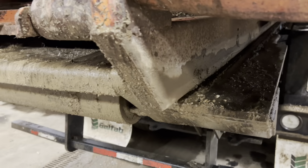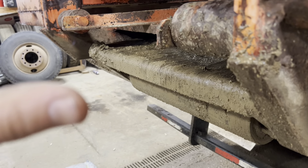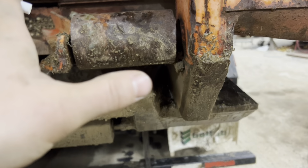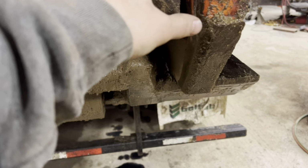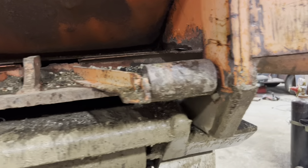So you can see here, you can either cut this off here and extend this out. And I'd have to extend the rollers out. What I'd like to do is cut this plate right here off and slide it out so that the plate is welded half to the end of the new rollers and half to this old pipe here, old rail. But another thing we could do